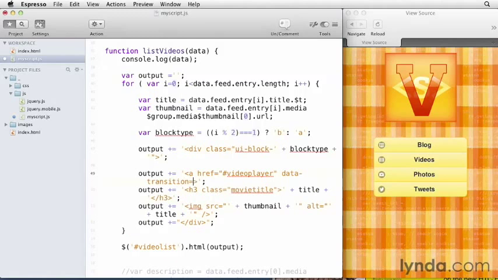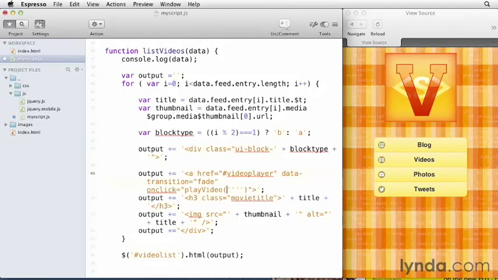And we'll add some other attributes here. And we need to add an on-click handler here. And it's going to execute a function called play video, which we'll be creating in just a minute. And this play video function is going to require some parameters. So we are going to need to send it some things. And normally inside of play video function, you would see single quotes like this, but we've already got them here and here. And so we're going to have to create two sets of these and escape these outer ones